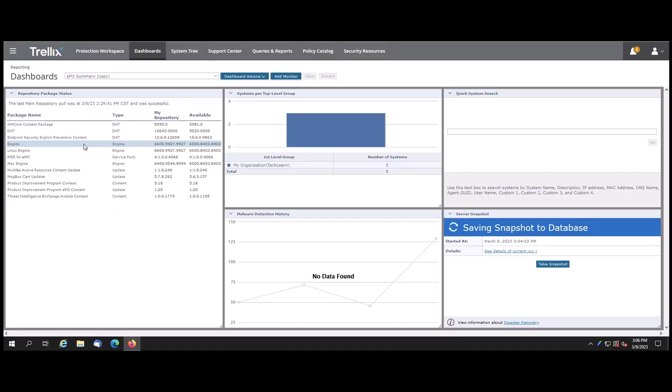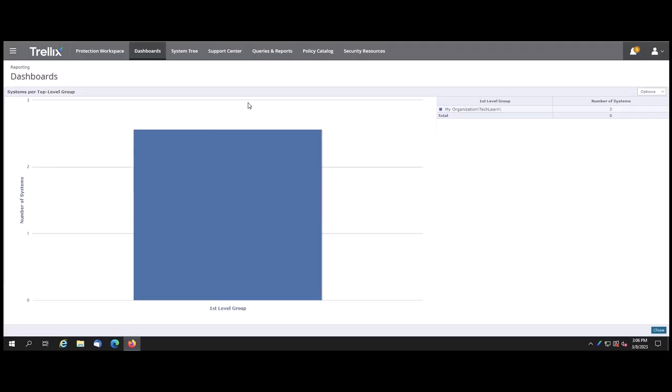On the System per Top Level Group drop down, you can go full screen, you can edit the monitor, you can refresh the monitor, or you can remove the monitor. Let's click on full screen and see what that looks like. So it opens the monitor in full screen mode so you can see all the data that's associated with that monitor. Let's click Close